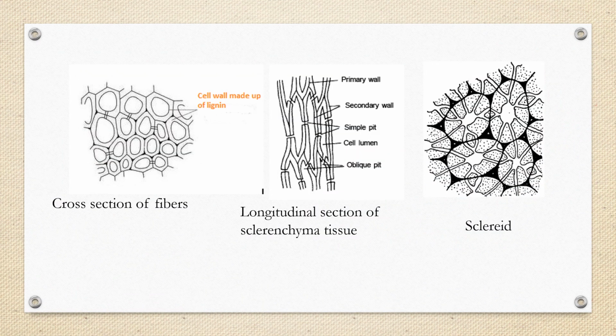In this picture, you can see two types of sclerenchyma tissues, fibers and sclerites. They are cell walls made up of lignin. All those cells are dead cells and they are tightly packed. Therefore, no cellular spaces there. And cell wall is evenly thickened and form a central lumen here. All these figures you can see those characteristics.